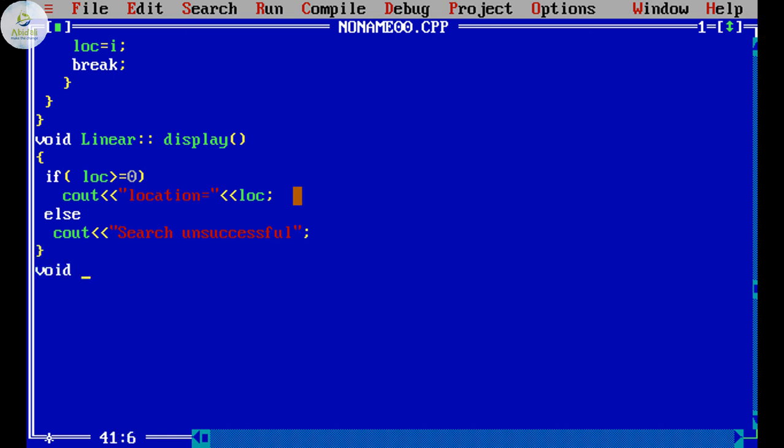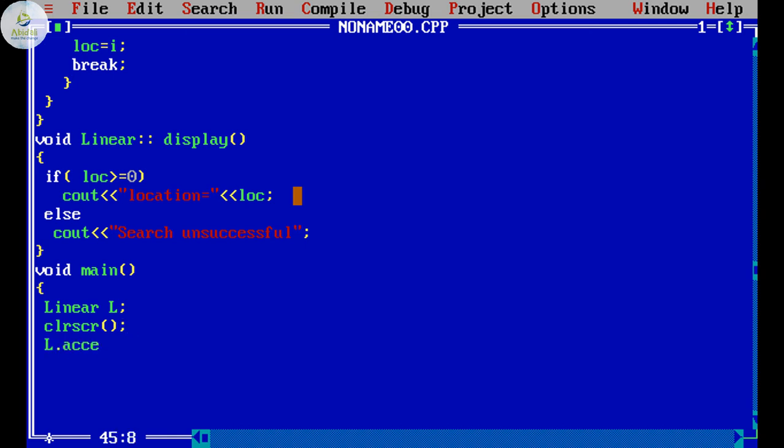Now of course every program needs to have a main method. The main method that we require will be created over here. So void main. In the main method, first we will create the object. Linear is the name of the class and L is the object that we want. After clearing the previous output window, we need to call the functions.